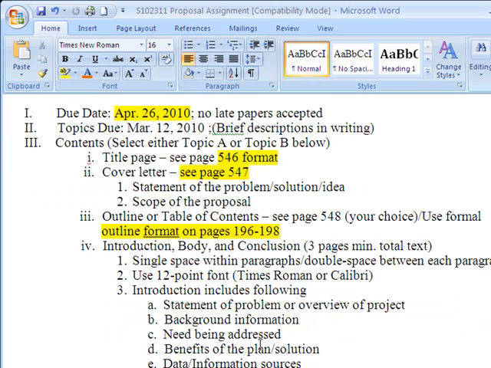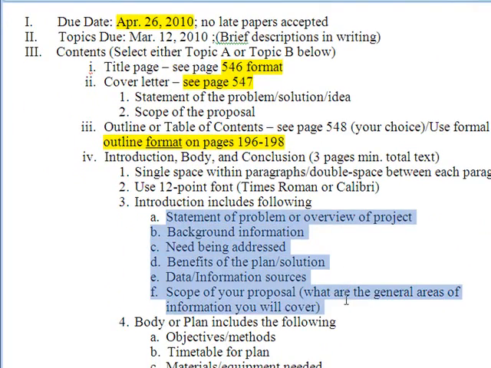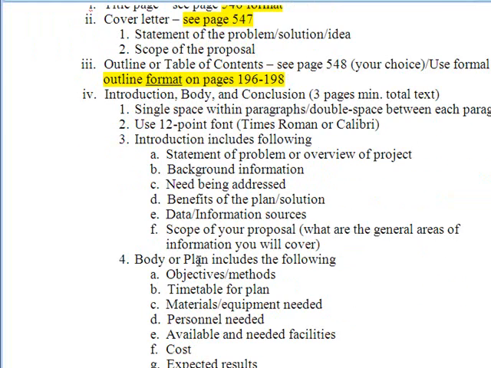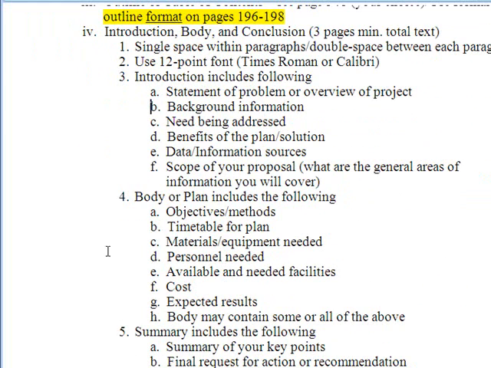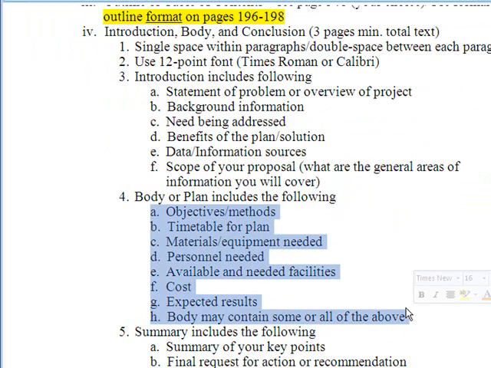Also, if you'll notice, I have listed here the statement of the problem, the background information, the data information. Only use what's appropriate there. You don't have to use every single one of those. Only use what's appropriate for your proposed plan. The same way with the plan, the body of the plan as well. Only use what's appropriate there. So if you look at the examples from page 550 to 551, going through,